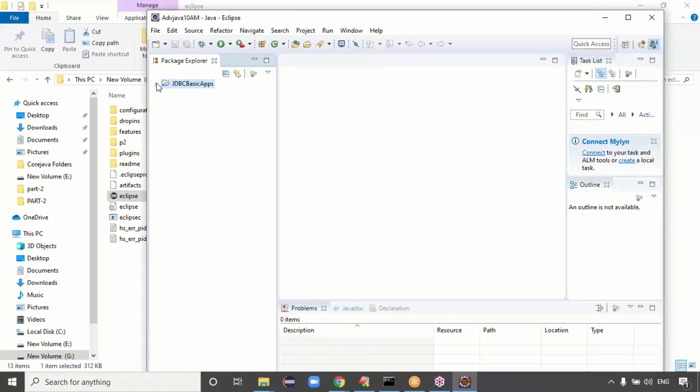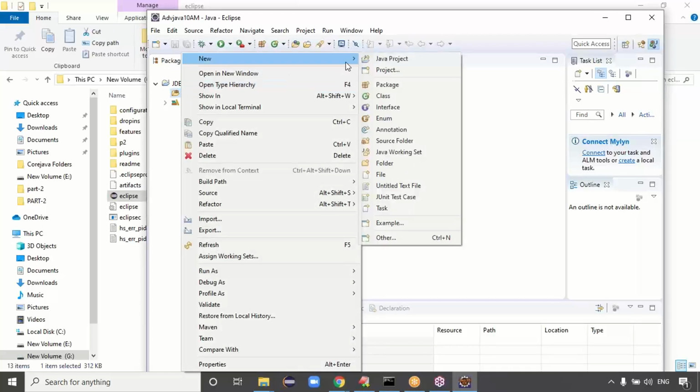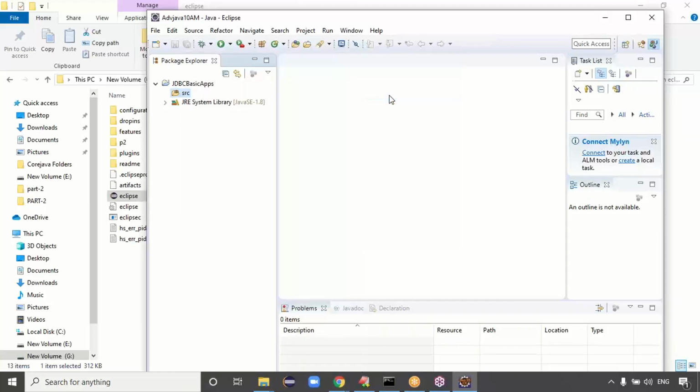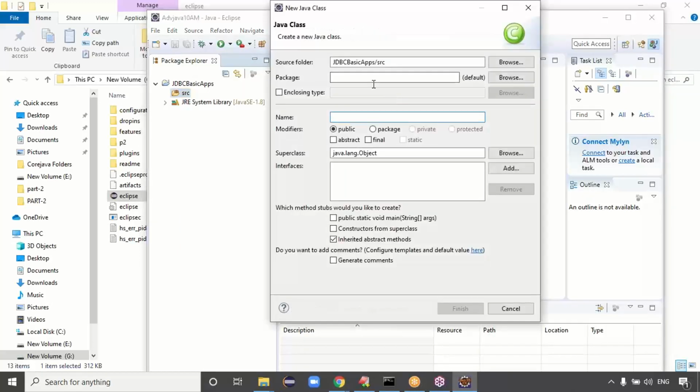Now it's showing all the projects, guys. Here you can see the src folder. Here we have to create the class. Right click here, New, I want to create a class. What is the class, guys? Here give the package name, because in core Java, to create a class the package name is mandatory. Let me create com.tcs, right?